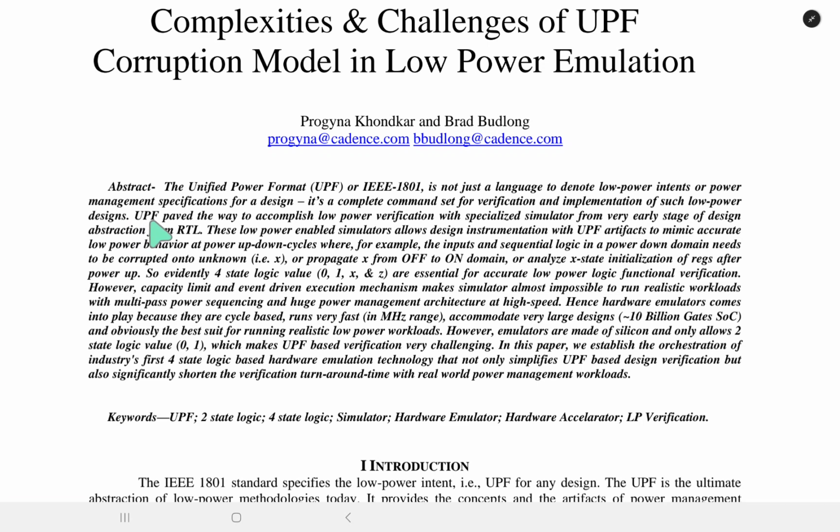It's a complete command set for verification and implementation of such low-power designs. UPF paved the way to accomplish the low power verification with a specialized simulator from a very early stage of the design abstraction from RTL. These low power enabled simulators allow design instrumentation with a UPF artifact to mimic the accurate low power behavior at power up-down cycles,